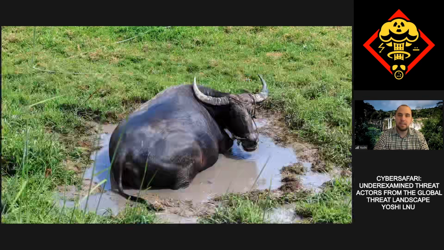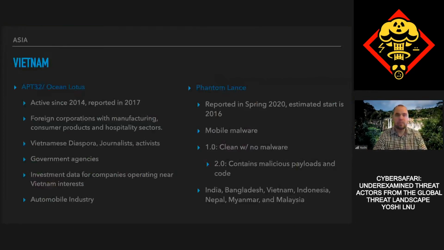Really excited about this next picture because it's beautiful. Yes, that is a buffalo, and that's right, we're going to Vietnam. So Vietnam, interesting target,